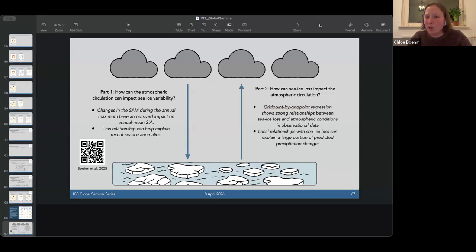So although they're quite different, there are also a lot of similarities, and it's interesting to compare what aspects are similar and what aspects are a little bit different. Thanks.